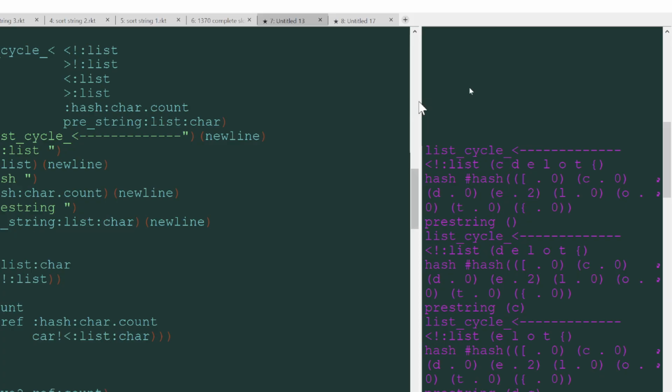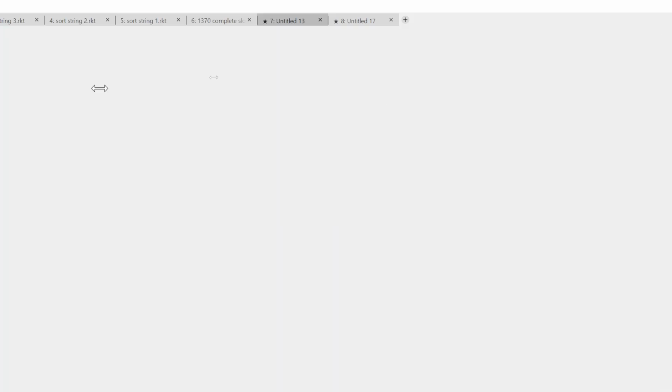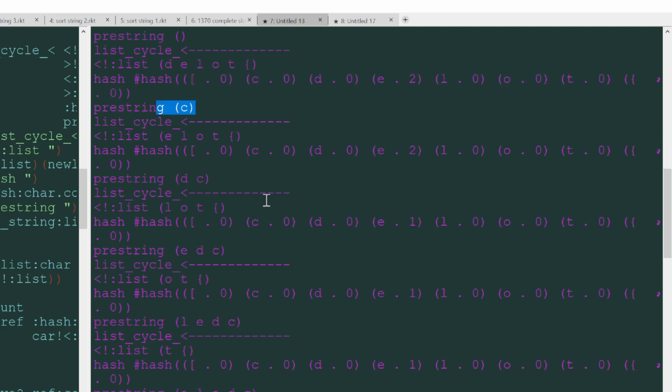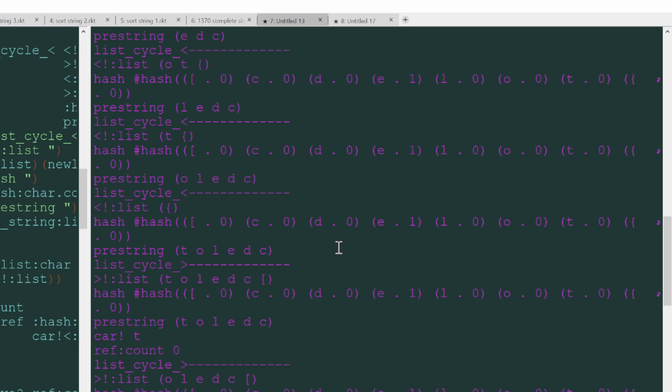So we deposited, let's see, pre-string is null, pre-string contains C. That makes sense. Okay, we deposited C. Wait, I misinterpreted this. We deposited all of these. One of each. Okay, and now the question is,